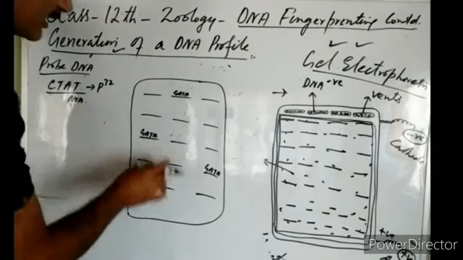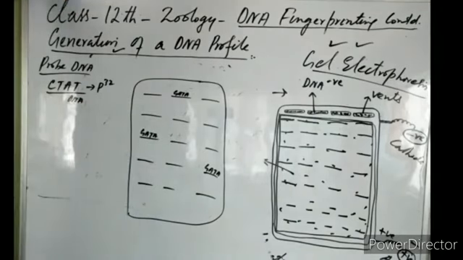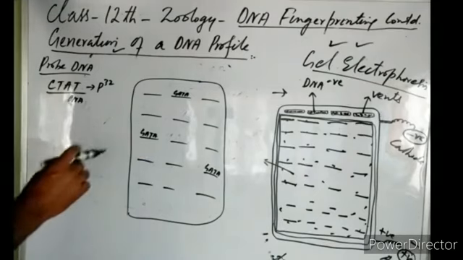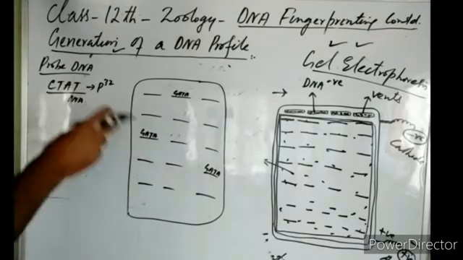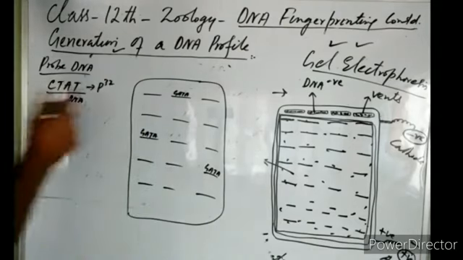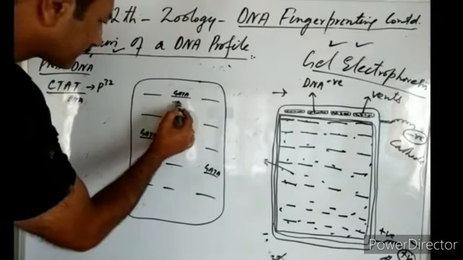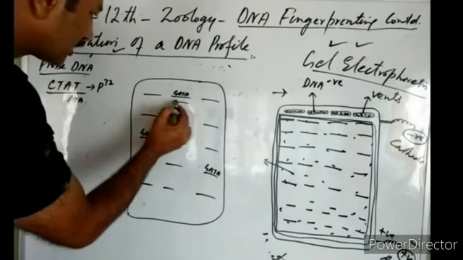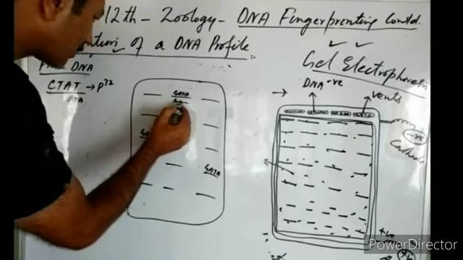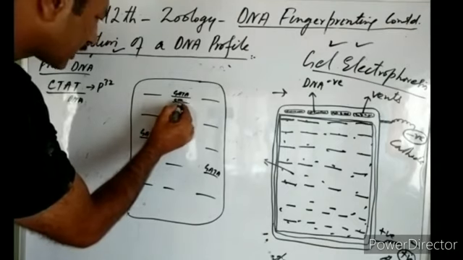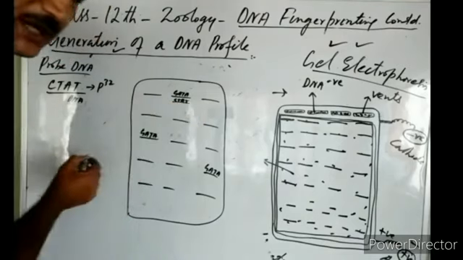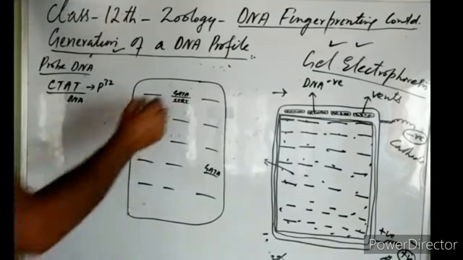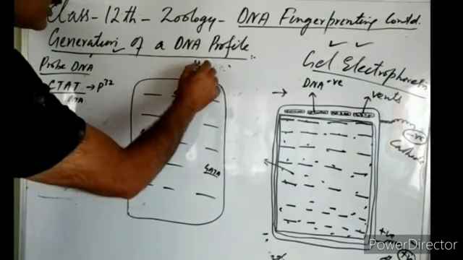Now they add this DNA to this nitrocellulose paper. When these small stretches of DNA are added to the nitrocellulose paper, where will they bind? They will bind only on those places where they have the complementary base sequence. So this DNA will bind here because C will bind opposite to G, T will bind opposite to A, A will bind opposite to T, and T will bind opposite to A, right? So here the DNA will be hybridized.